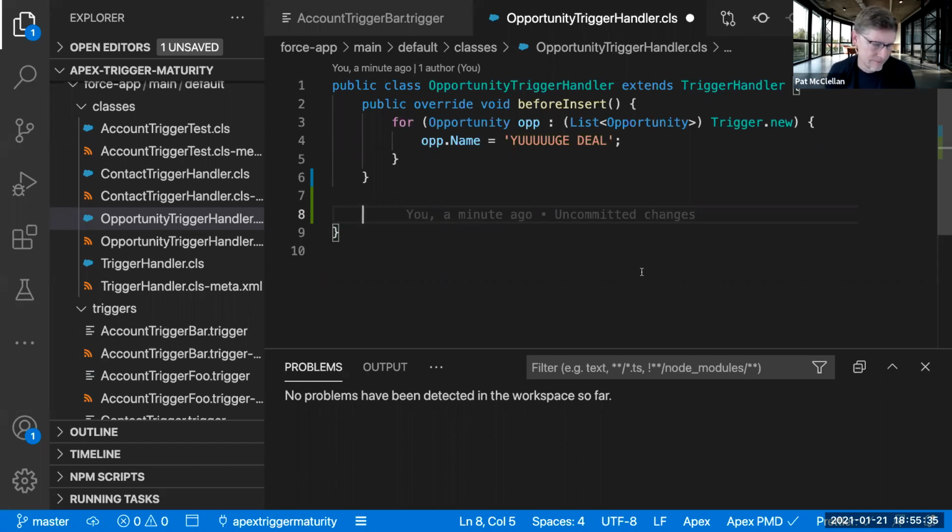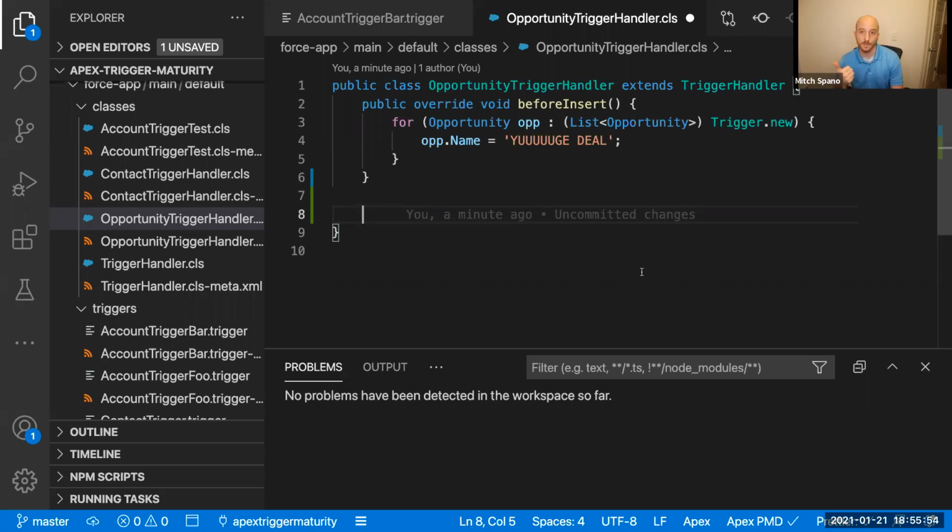Yeah. To be honest with you, if you're in a brand new implementation and you're not processing hundreds of thousands of records, right now you kind of have a tough argument to make as to why you would choose a trigger as opposed to flow. One reason that is clear though is